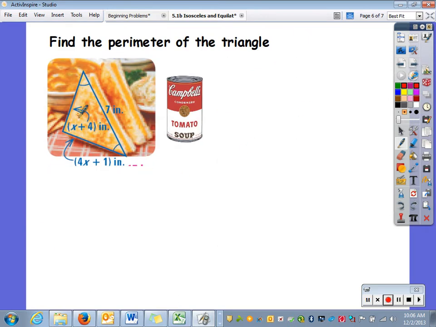Alright, one last one. So here I need to find the perimeter of the triangle. Perimeter is adding up the outside. We already have one length of 7, so I need to know the other two lengths. So here we have two angles the same. So that tells me these two sides are the same. So they are equal. So that allows me to set up the equation. I can go x